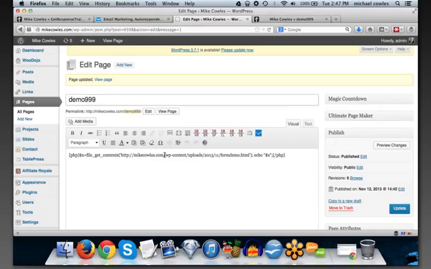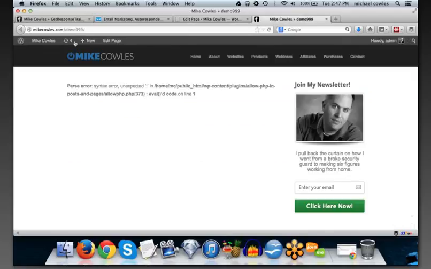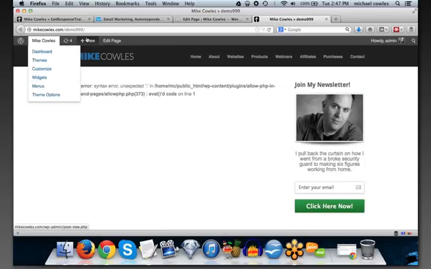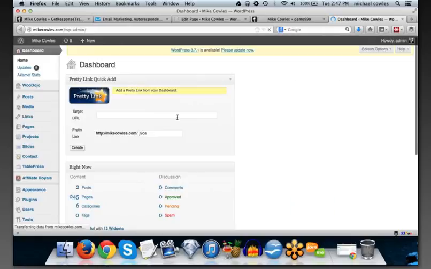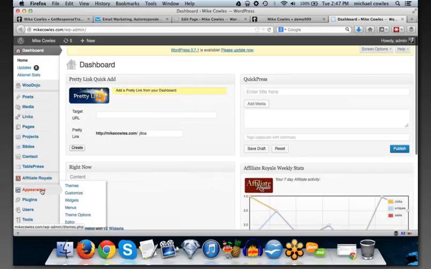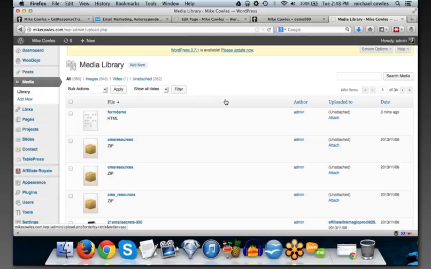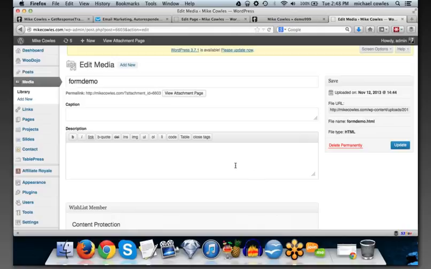So in this case, I know that all this is good, meaning that the code is good for the PHP file. And by the way, there's a plugin that you have to get in order to have PHP display on your site. So one of the things I'm going to do here is go back to the media that I have and see if I can edit that file and change the name on it, because normally I don't put a .html, and I'm wondering if that's going to be the reason why it's having that issue.